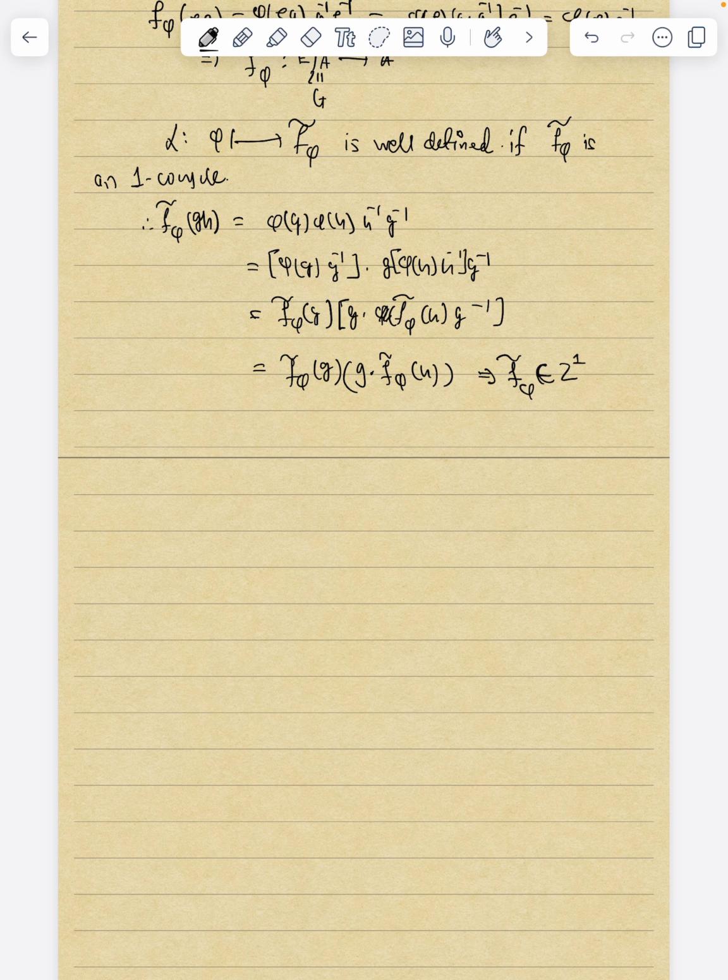We need to define a map beta from this to automorphisms of E with this notation. So let's take an element, let me call it a. So a is, remember, a map from G to A satisfying the cocycle condition, and this will be beta of a,